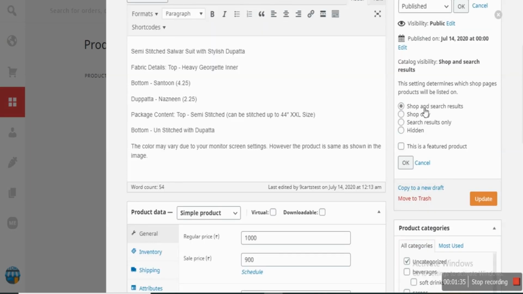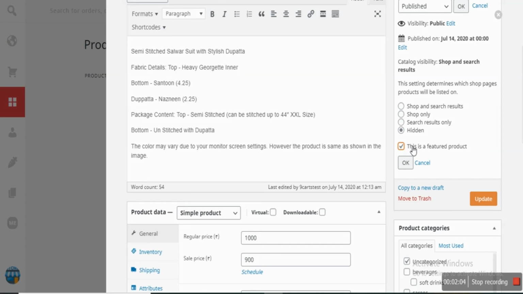So if we select shop and search results, then the product is visible everywhere, whether you search it or you shop it. If you select the shop only, then it is not visible while you search it. And if you select search only, then the product is visible only if we search the product. Or if we put hidden, then this is visible only to those people with whom you share the link of the product.